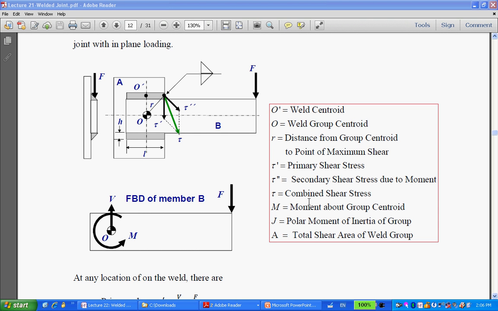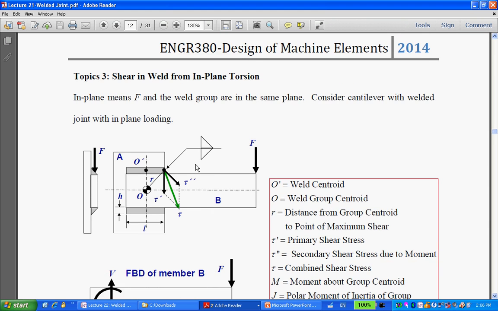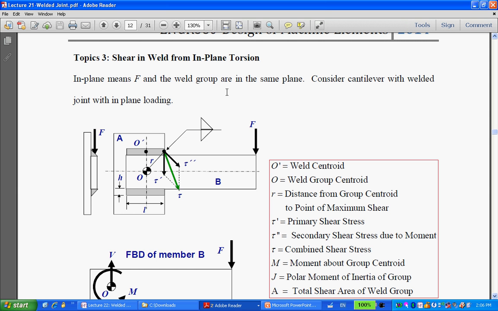Okay. Just a quick review first. Last lecture we started talking about welded joints. The first case, the welded joints, we're focused on the fillet weld, and the case we're focusing on is the